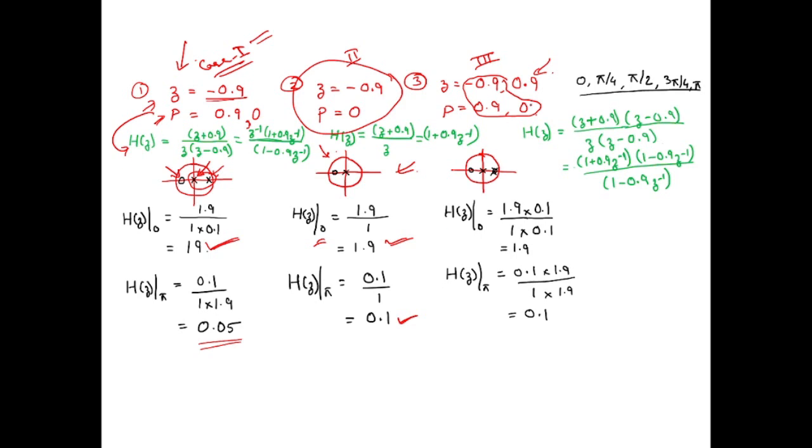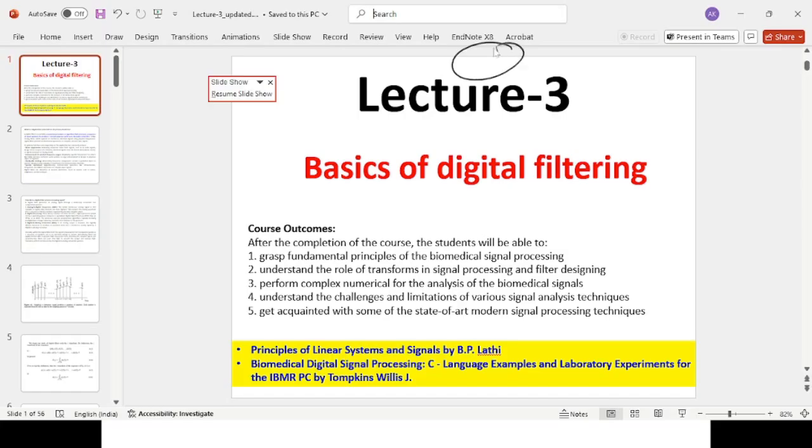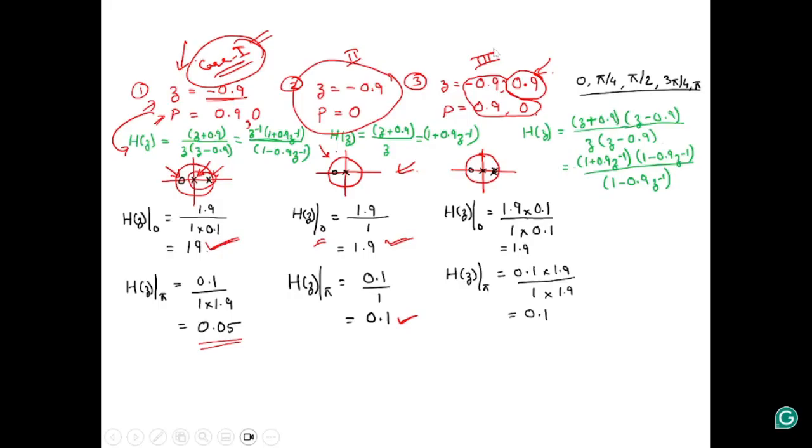Now, in the third case, when we added this extra zero over the pole, and if you compare case 1 and case 3,